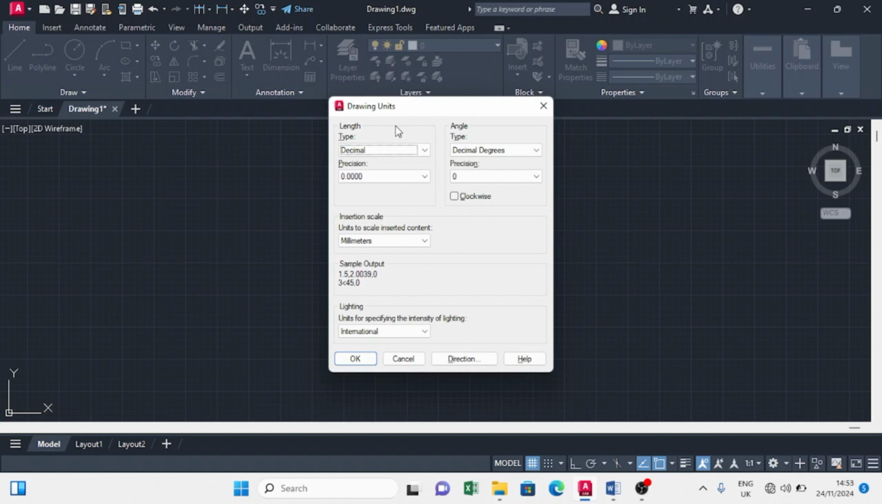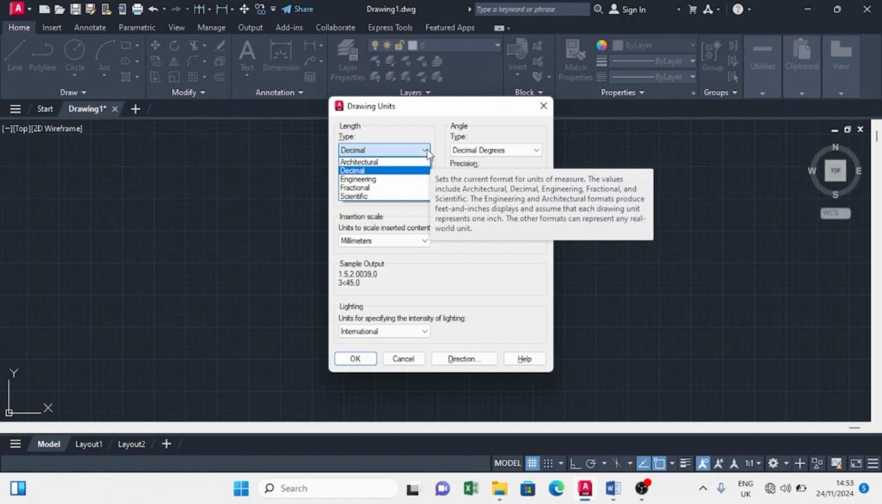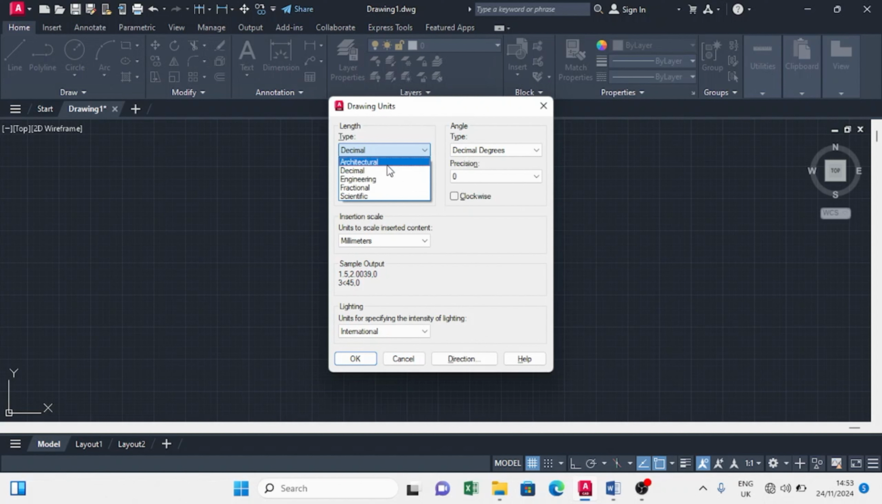In the units command, we are going to choose the type of unit. So we come down around the drop down menu here and click, and we are going to see that we have 5 different types of unit: architectural, decimal, engineering, fractional, and scientific. Each one serves a different purpose depending on your project. For most architecture and engineering projects, decimal units works best, but architectural is commonly used for building plans in feet and inches. So we are going to choose decimal here, and the next thing we want to look at is